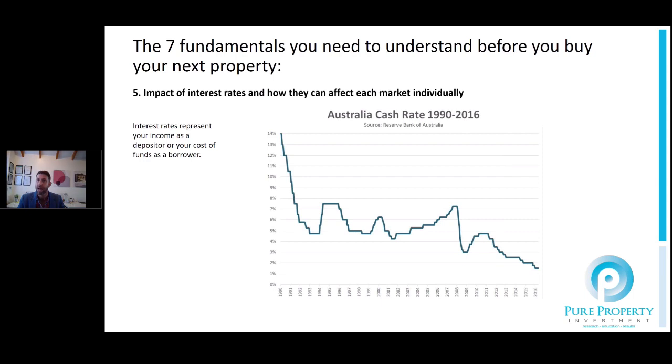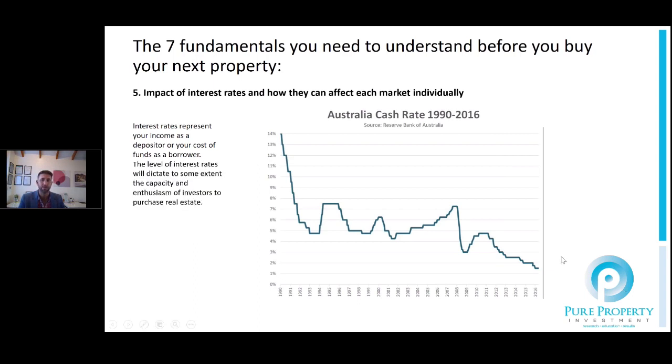You need to factor in how good the cash flow is on that property pre-tax, pre-negative gearing, pre-depreciation, and don't factor those into your equations, because as we've seen, those factors are fully out of your control. So always understand that cash flow is going to keep you in the market, and capital growth over the long term is what you're going to get out of that market, but cash flow always needs to be understood and taken into consideration when the money markets are fluctuating the way they are at the moment.